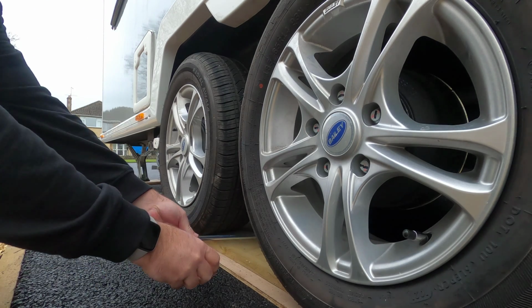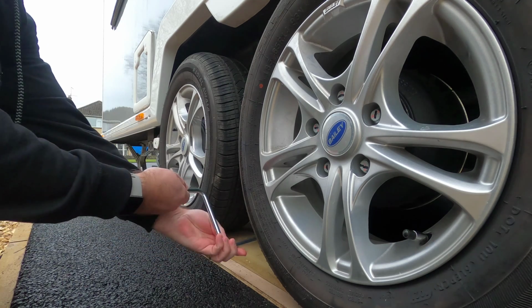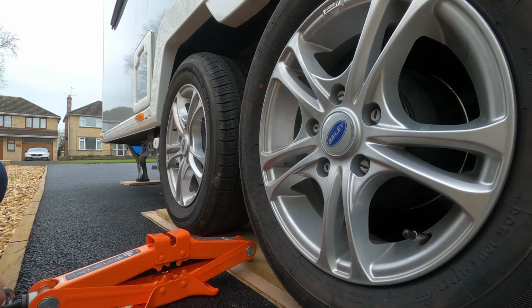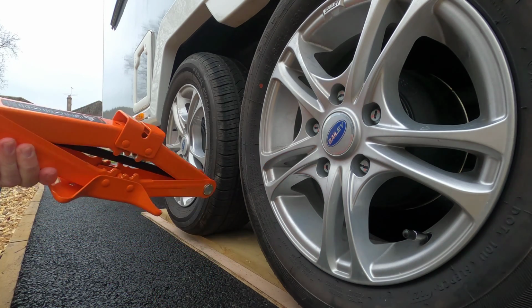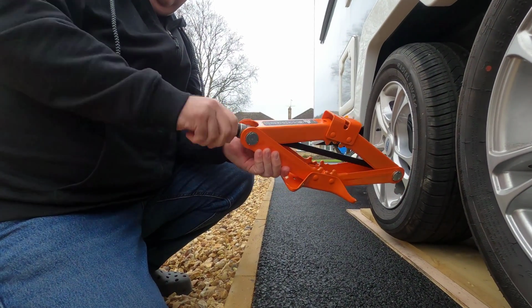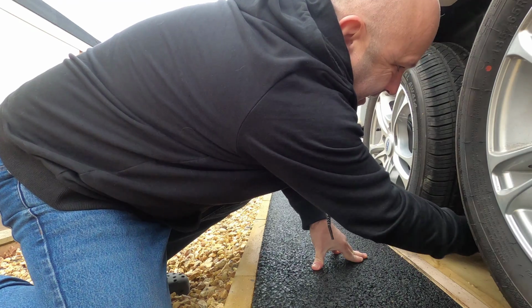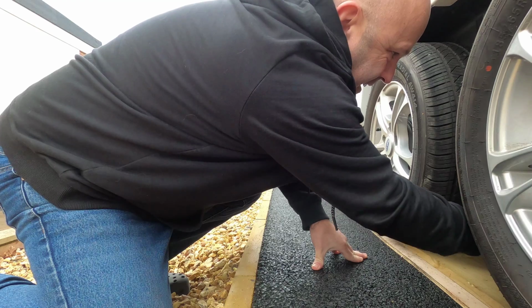Yep, with ease. And let's see if I can actually, what I'll do is I'm going to raise this up a little bit first before I put it in there, just by twisting it. Let's make life a little bit easier. It seems a little bit stiff initially, but let's see if that's...